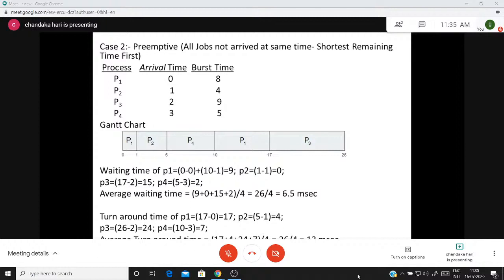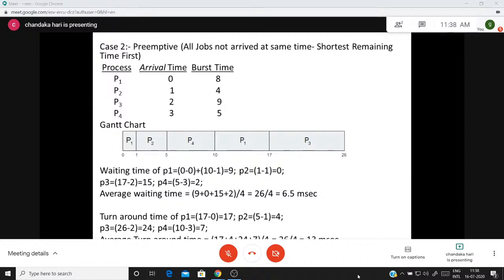So now we need to calculate the waiting times for each and every process. The waiting time of P1. Now the waiting time of P1 here is 0, it comes at 0, 0 minus 0. Here the waiting time is 10. Earlier it stopped at 1. That implies 10 minus 1, it is equal to 9. That's why, for P4, I have defined 10, but it arrived at 3, 10 minus 3 is 7. So the average waiting time is equal to (17 plus 4 plus 24 plus 7) by 4, that is equal to